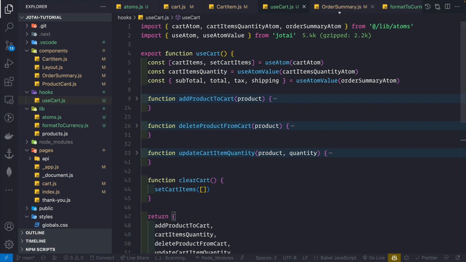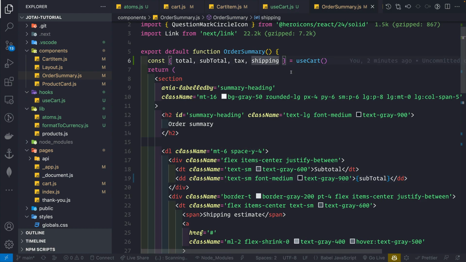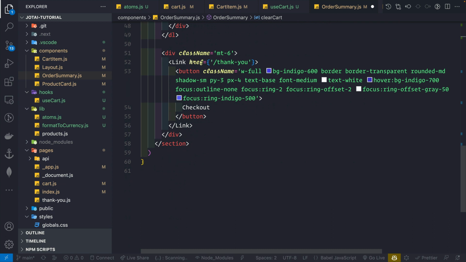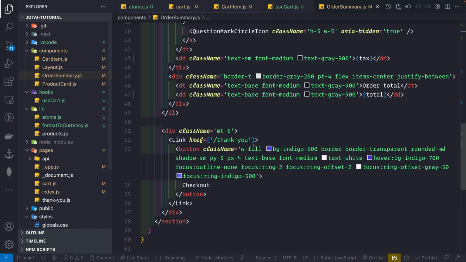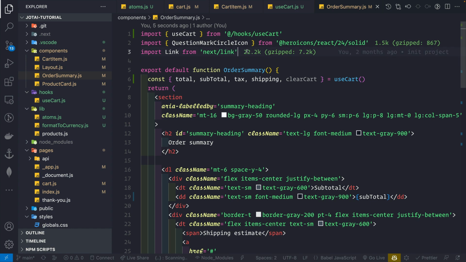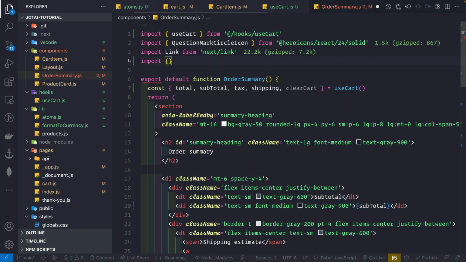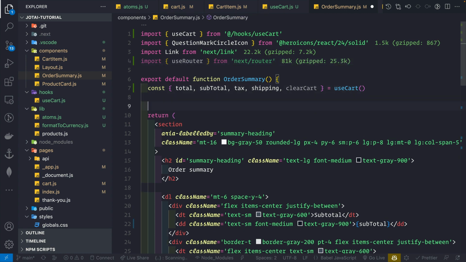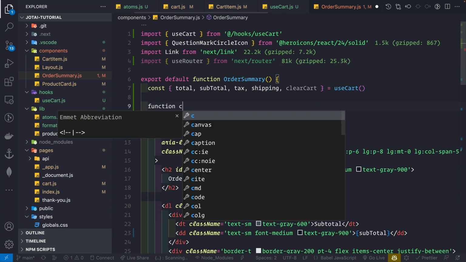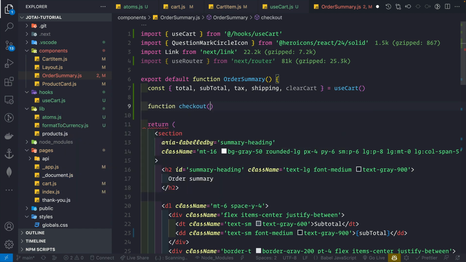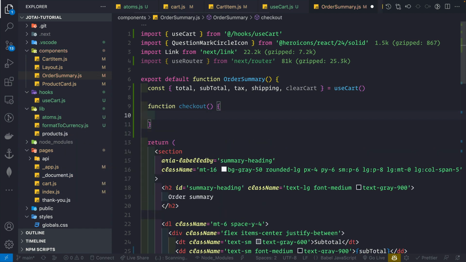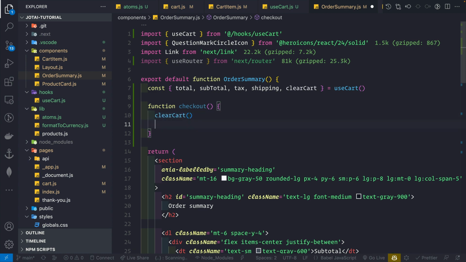So let me use clearCart, and let's go to the order summary, and we have this clearCart function here. Once we click on this checkout button, I need to clear out the cart first. So I can use the useRouter hook from next. So import useRouter from next/router, and here I can create a function called checkout. So function checkout like this, and here we can call this function, that is clearCart, and finally we can simply say